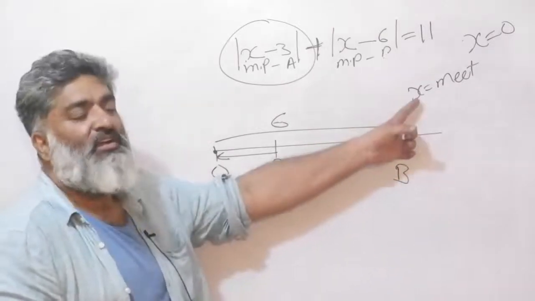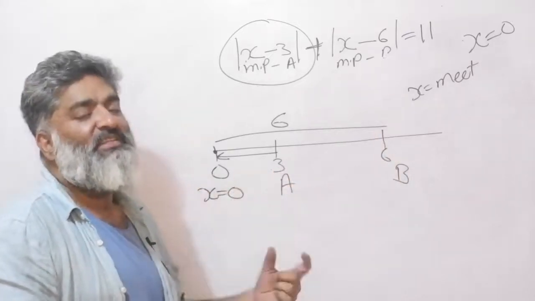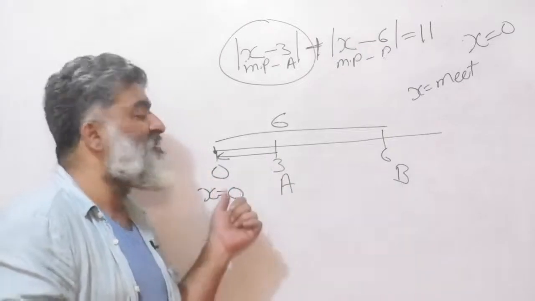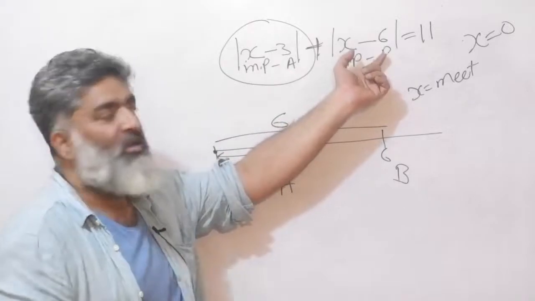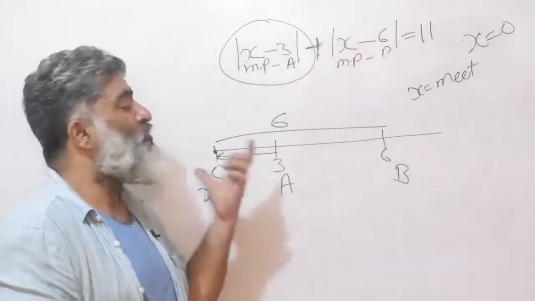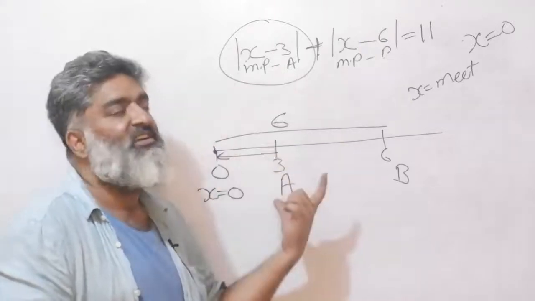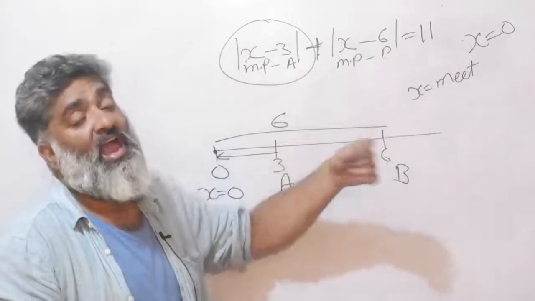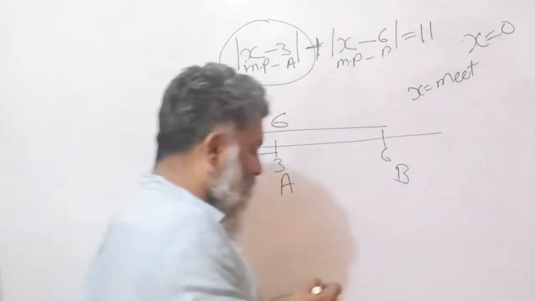X is the meeting point. That means A travels to X and B travels to X. That means A's distance from X matters, B's distance from X matters, and that's what I'm calculating here in the algebra form with the modulus function, right? So once I'm okay with that story, then we can start using this interpretation to figure out not only this problem, any such problem, and a little bit of maxima, minima also.